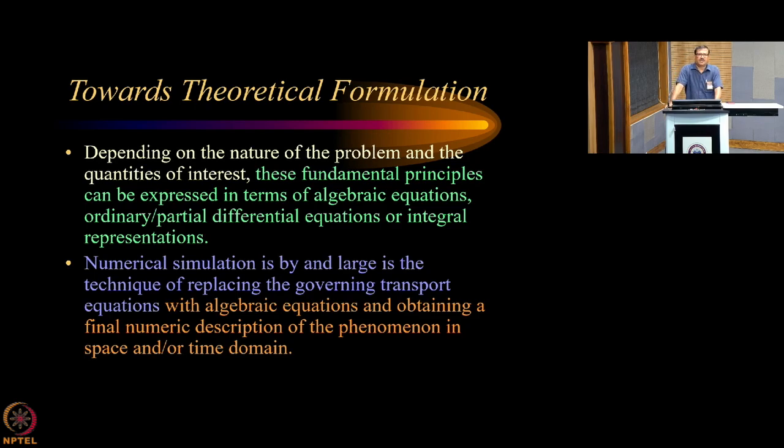In a plasma, what are the time scales involved? Atomic transitions happen on the scale of nanoseconds. You know the lifetime of these states is the time for which the system can stay in those levels before making a transition. There are metastable states, of course, which have a longer lifetime. But if you want to include atomic transitions, molecular transitions, and rotational and vibrational transitions, you essentially need to handle a time scale of the order of nanoseconds.